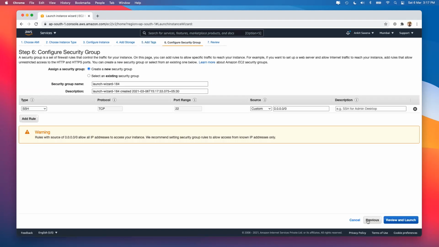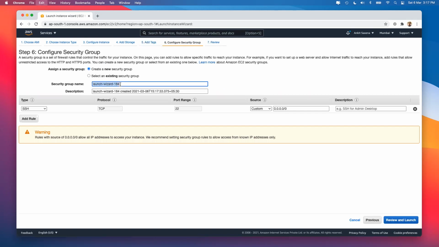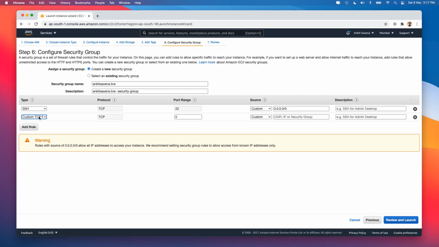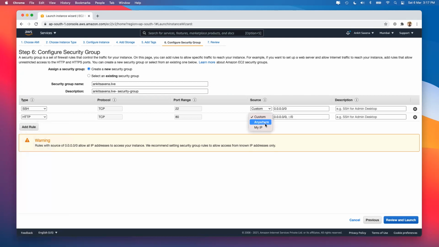Then configure security group, and let's create a new security group and call it hyphen security group. And I'll also enable port number 80 over here because my website has to work on port number 80. Next,